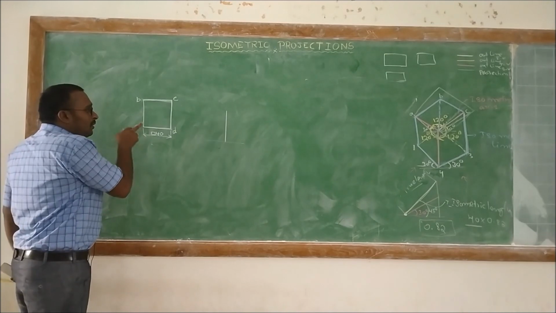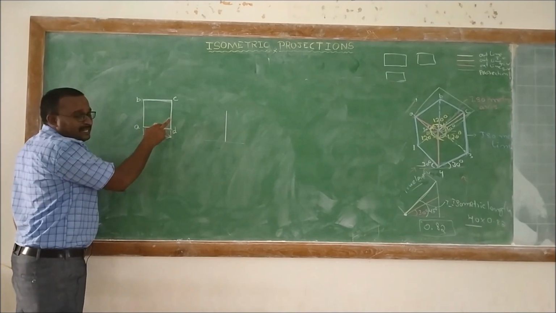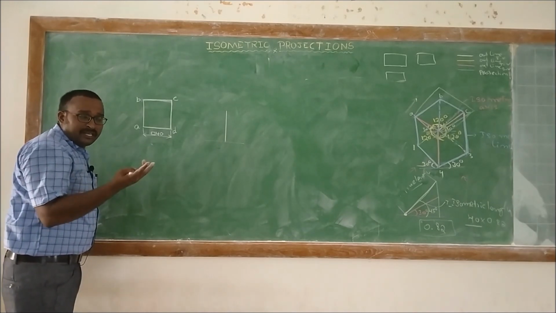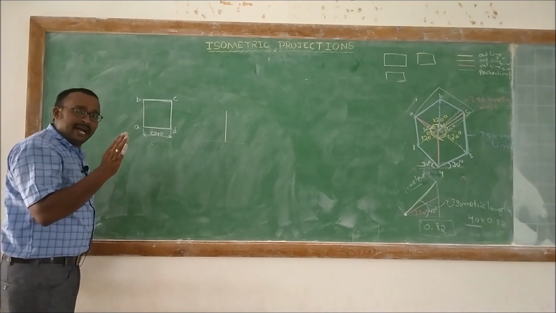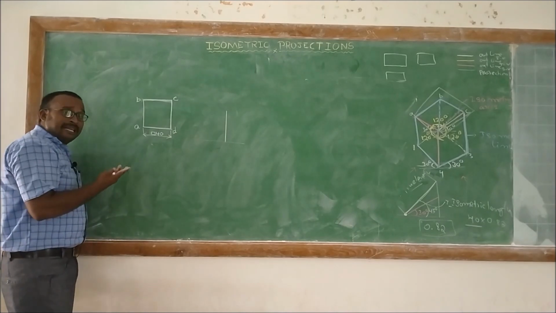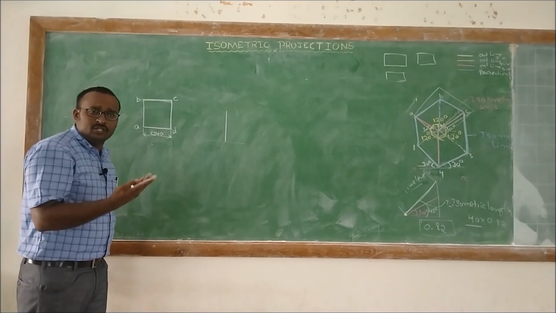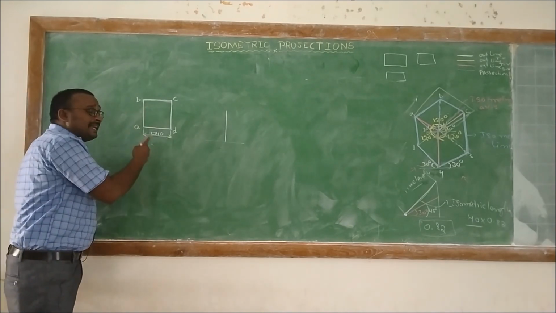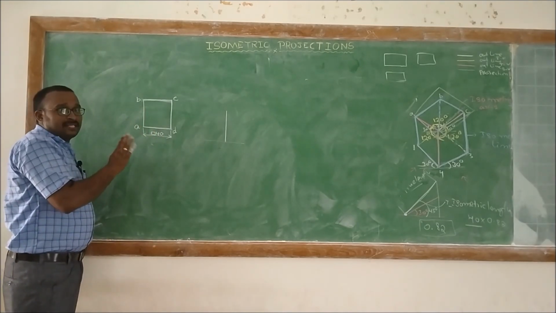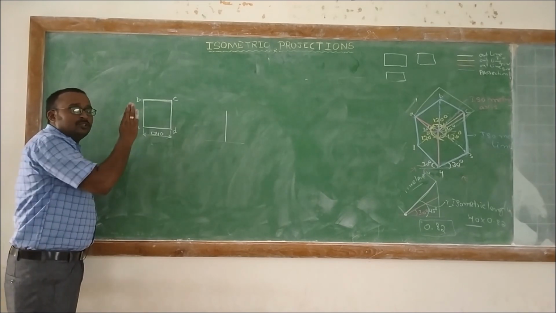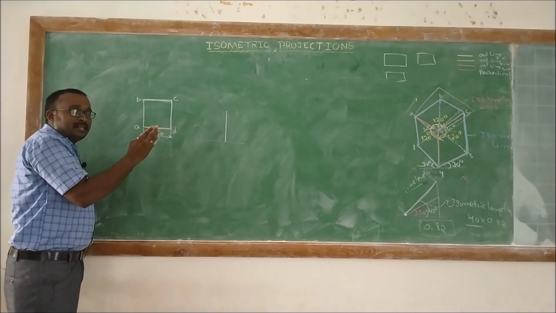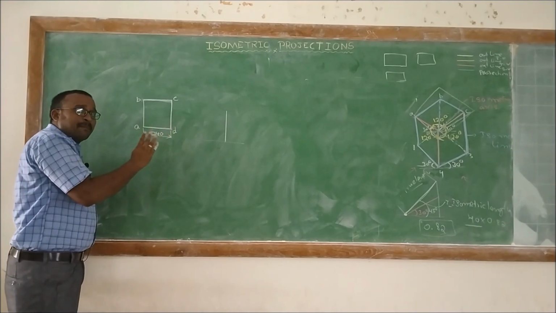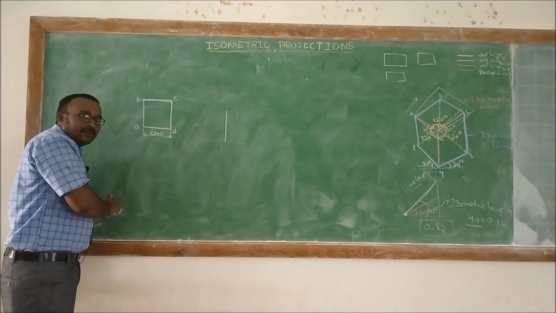So here two vertical lines and two horizontal lines are there. That means the vertical lines and horizontal lines are isometric lines. Here there are no inclined lines, no curved lines, no splines, so all the lines are isometric lines. We need not convert non-isometric lines into isometric lines, right? So directly we can apply the rules that I have given.